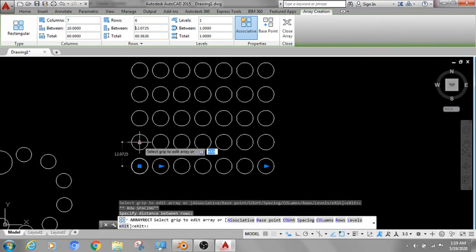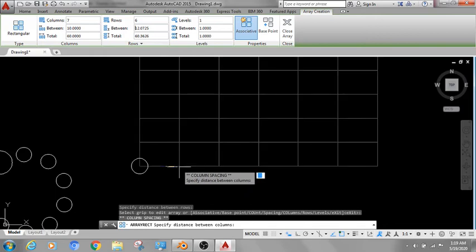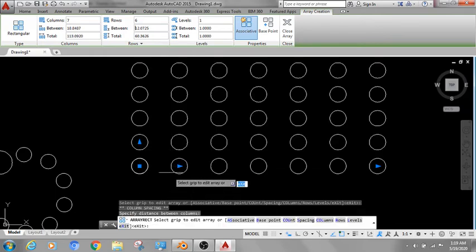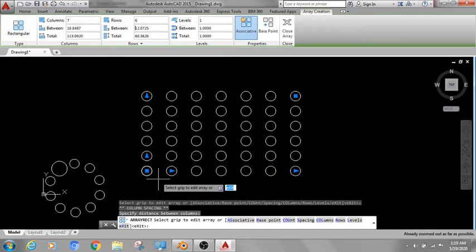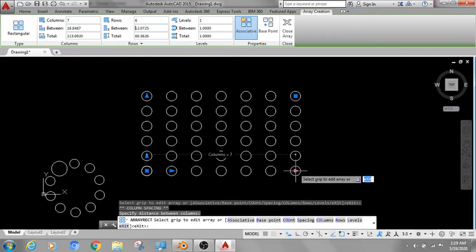This arrow is for distance between two columns and distance between two rows. The first arrow is for distance between two elements, and this last arrow is the number of columns or number of rows.